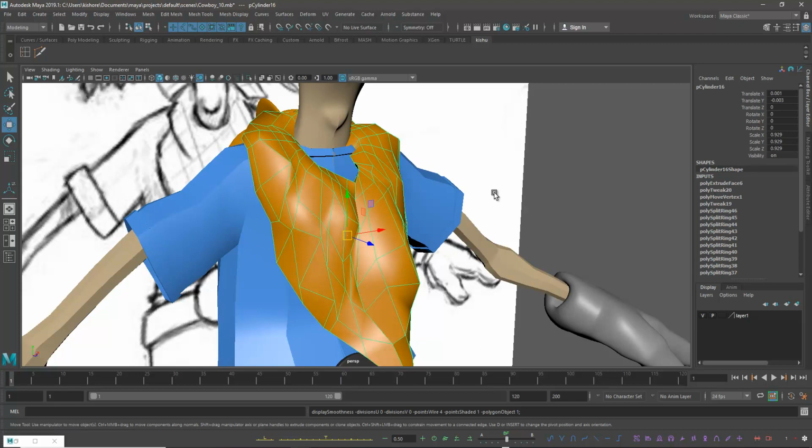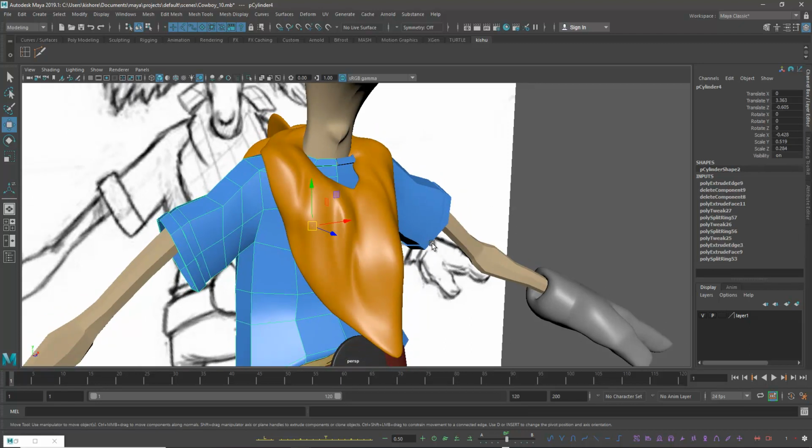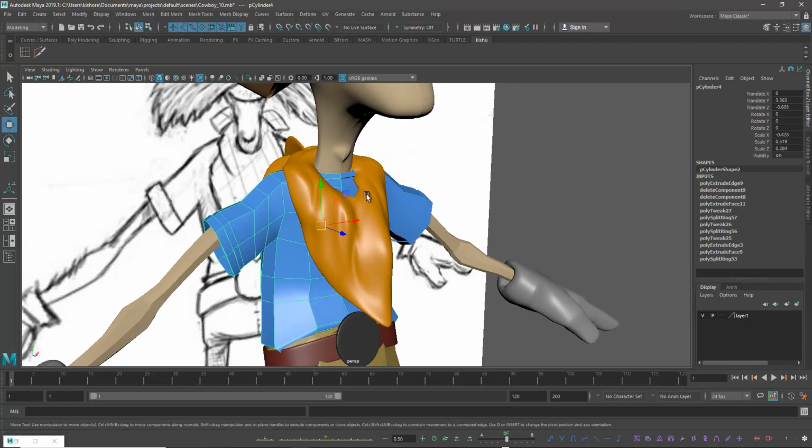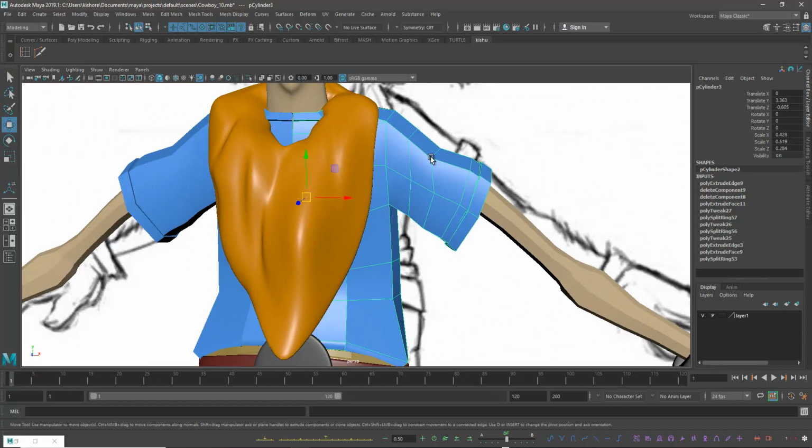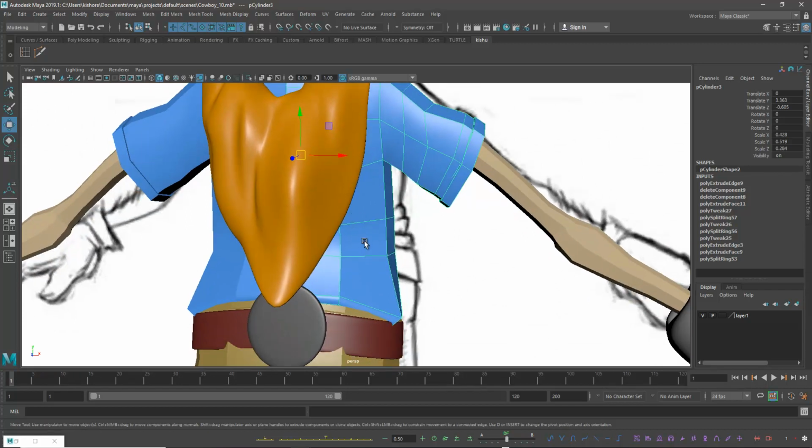So if you want to give more folding kinds of details, you have to give more divisions, or you have to use a sculpting method. You can use Maya sculpting, or you can also use ZBrush, which is the best one. Substance Painter is also an industry standard, a very good one.